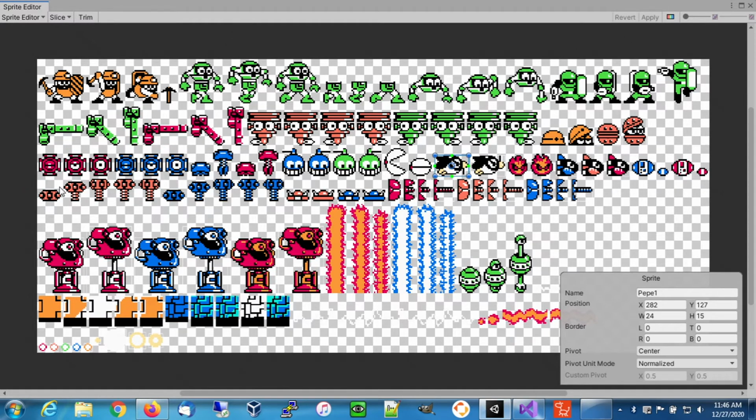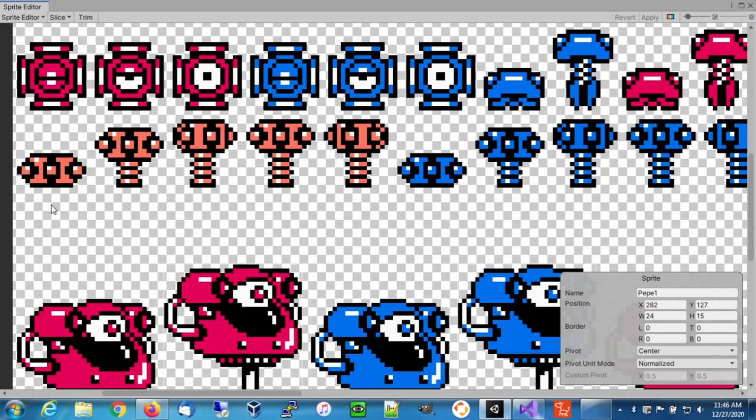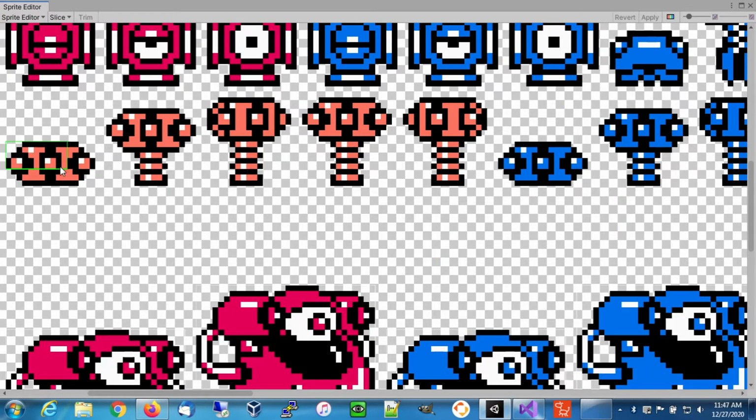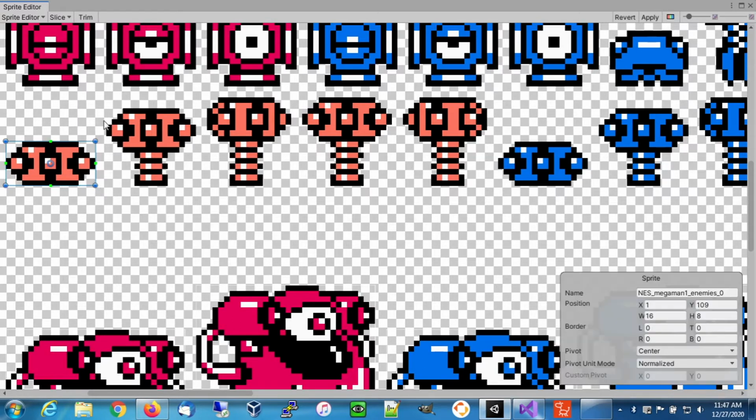So now ScrewDriver is over here, and he comes in 2 colors, the orange, aka bittersweet, and the blue, and he's got 5 frames. And the first frame is basically when he's lowered to the ground and he's not attacking. And then he comes up, and then this is basically a 3-frame animation where it looks like his cannon's spinning around. So we're gonna cut these out first,